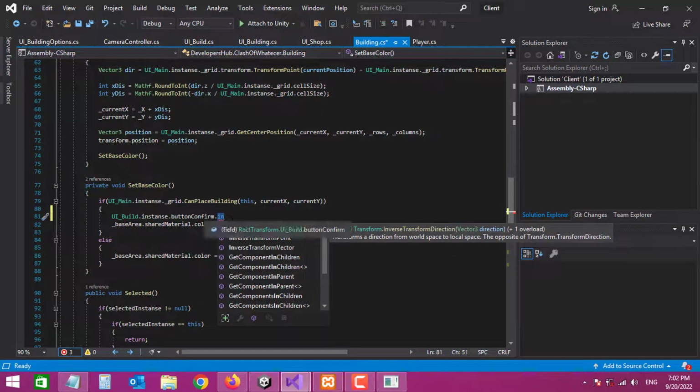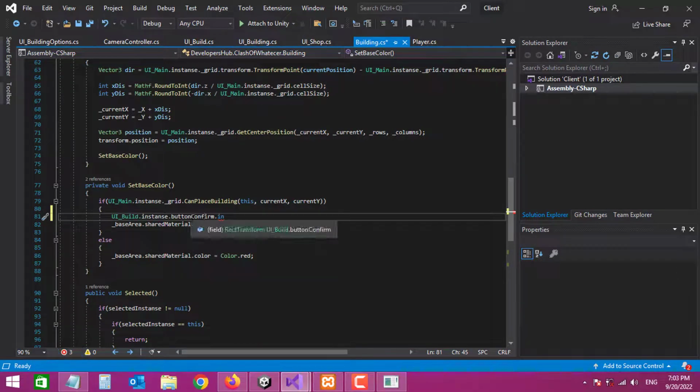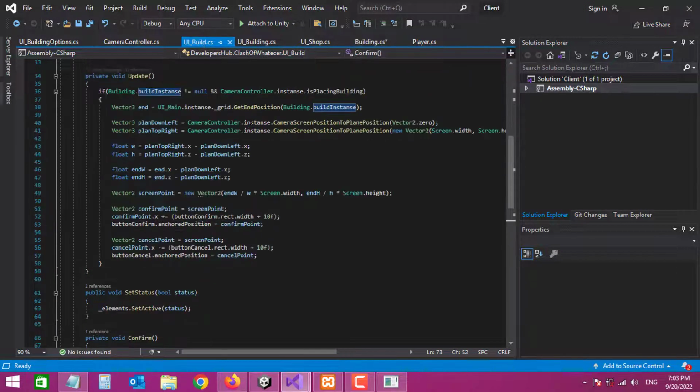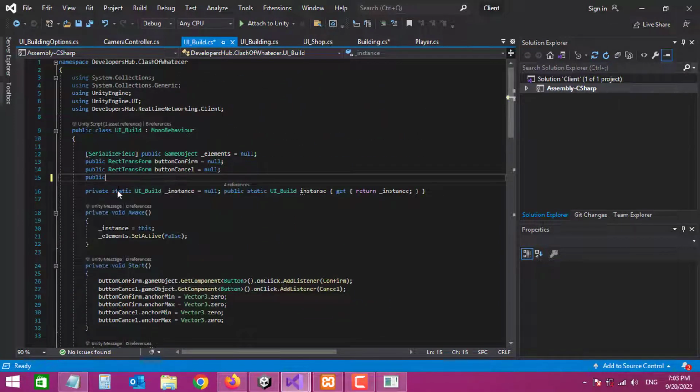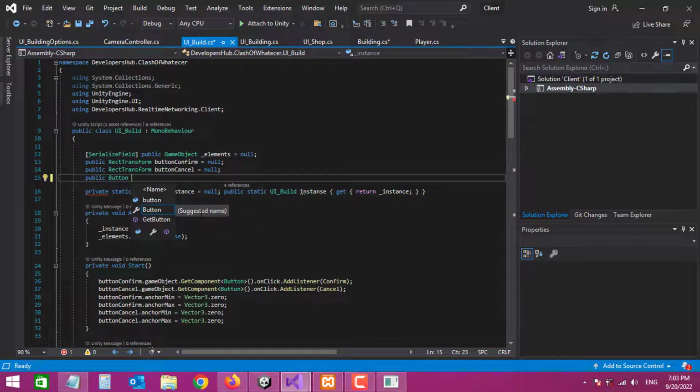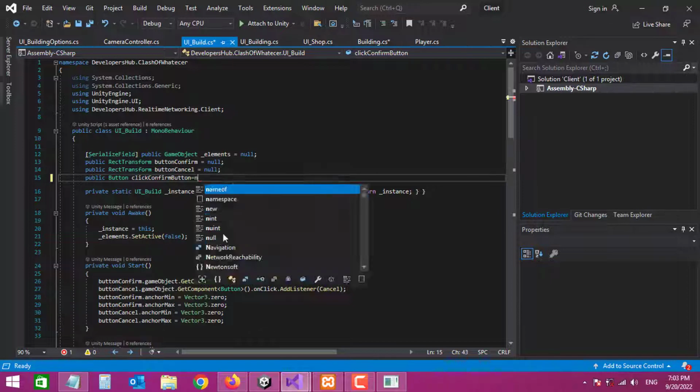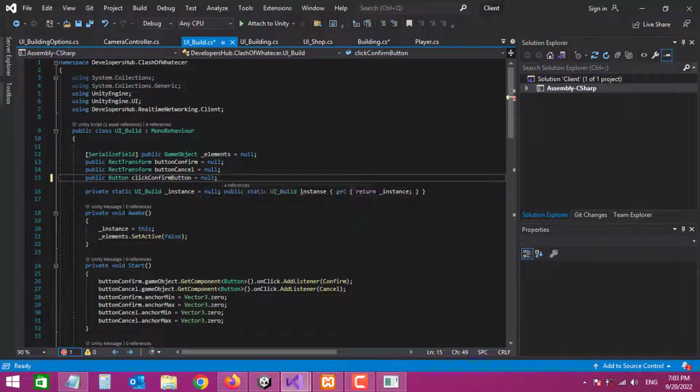Well, actually we do not have a reference to the button, so let's go and get a reference to it. Let's go up here, and here I'm just gonna create a public button, and I'm gonna name it click confirm button. Let's say null,